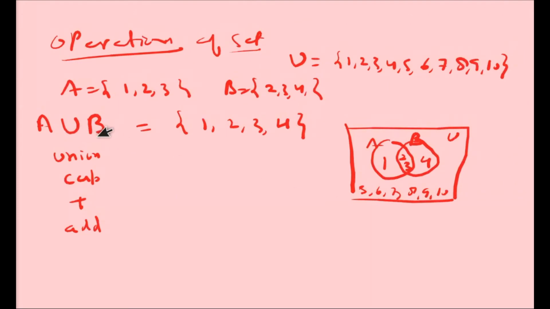Now we want to describe A union B. So in A union B, 1, 2, 3, 4, we can shade this. This way, if we shade this, the shaded part describes the set A union B. Okay, understanding A union B? Now we will discuss